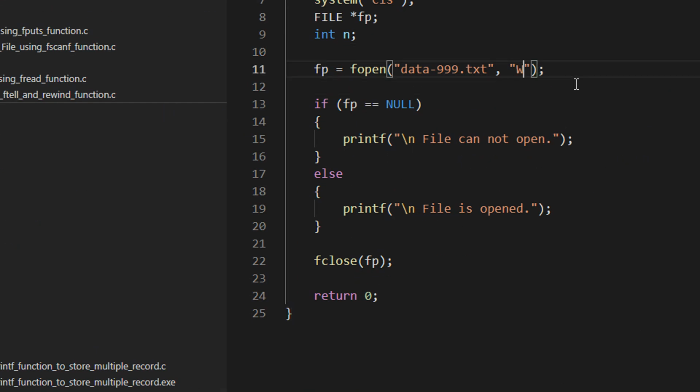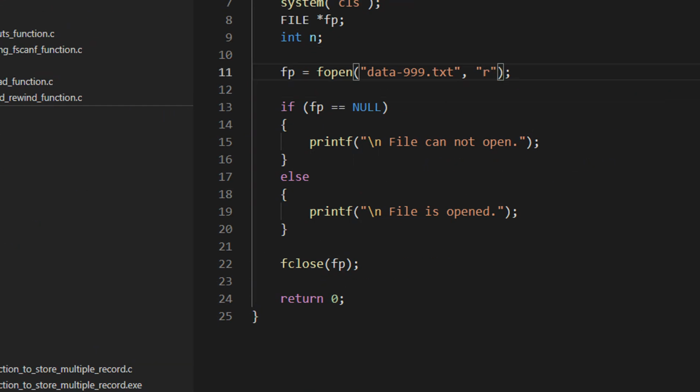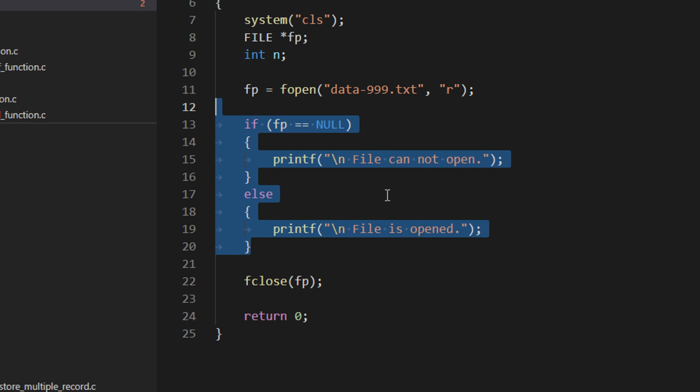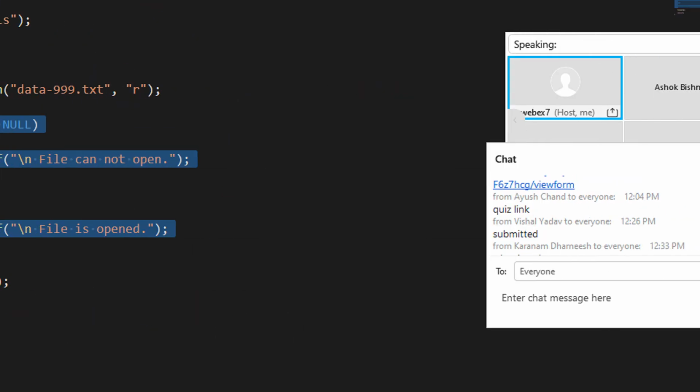So it's a good practice. Whenever you work on files, you make sure that once you open the file in any mode, it is always better to write this check. We always have to check whether the file pointer is returned or not returned. Fine. Just a good habit, that's it.